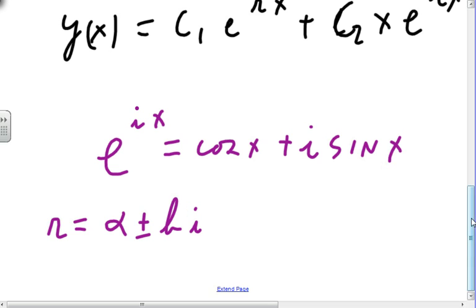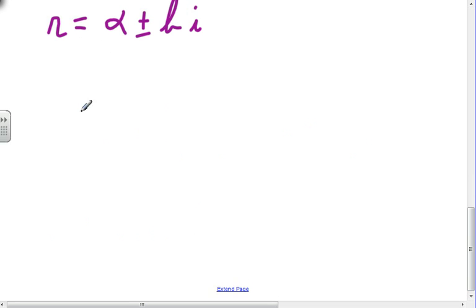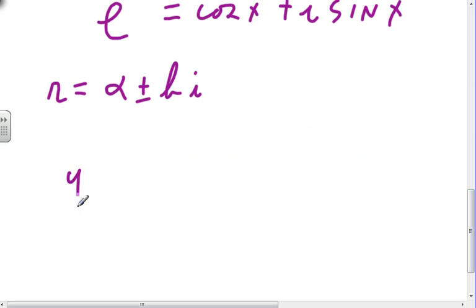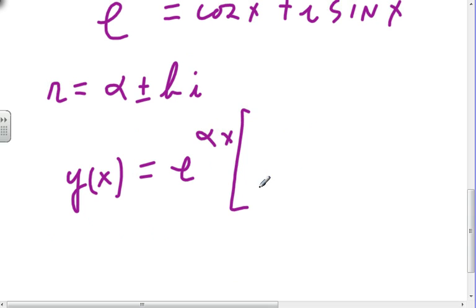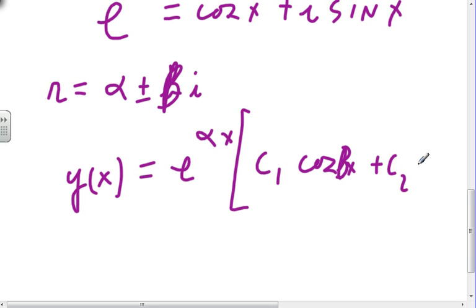So, that being the case, then my answer, y of x, becomes e to the alpha x times c1 cosine beta x. That's a beta. It's not a b. Plus c2 sine beta x. Does it matter if it's a beta or a b? No, doesn't. Okay. So those are the things that we're going to be dealing with,